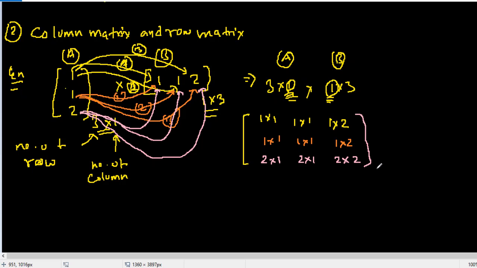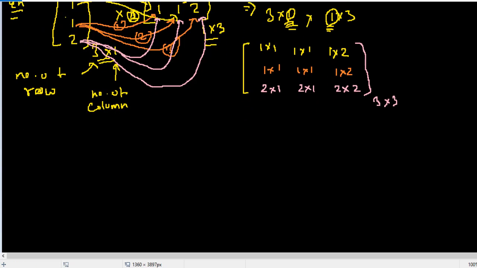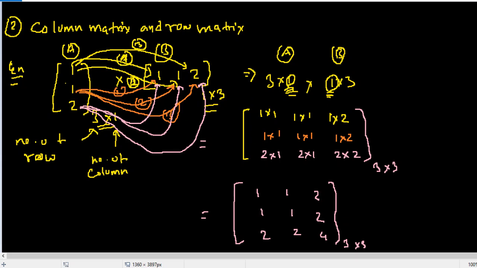Clear? As you can see, this becomes a 3 cross 3 multiplication. Clear? So from this we get our answer. So this multiplication becomes 1, 1, 2, 1, 1, 2, 2, 2, and 4. From here we get our answer. That's how to multiply a column matrix